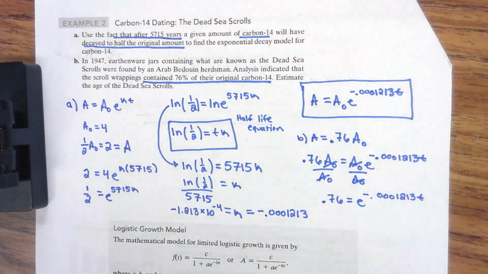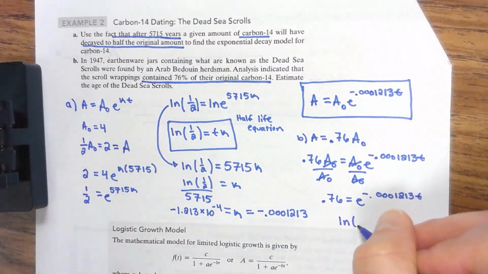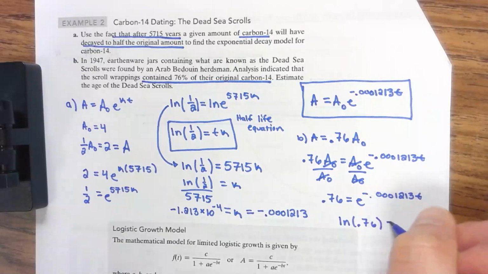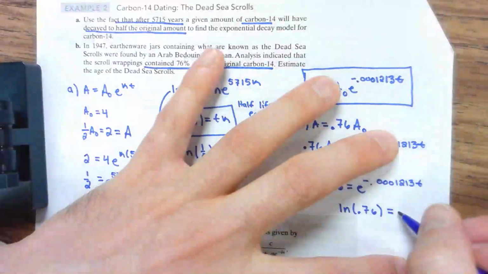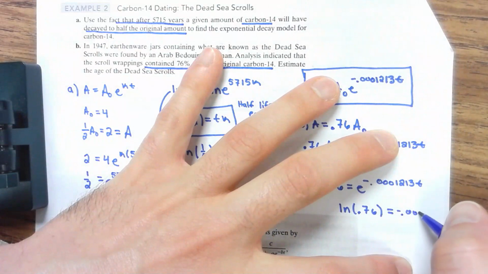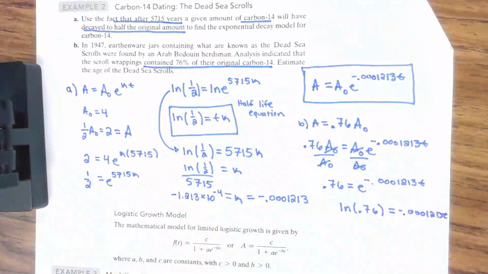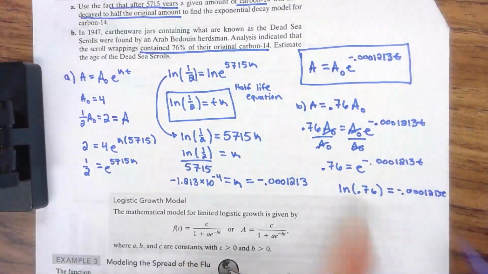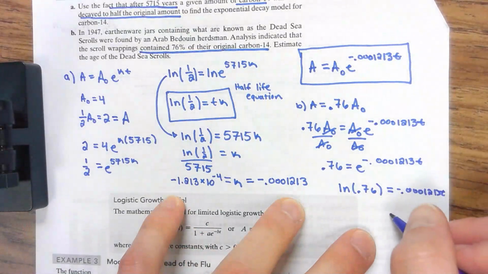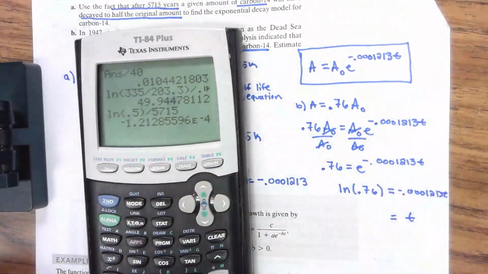And this is where we'll take the natural log of both sides. So natural log of 0.76 equals, natural log of e is just 1. And so we're left with negative 0.0001213t. And so our value of t happens after I divide natural log of 0.76 by that amount. I'm just going to plug that into the calculator. So natural log of 0.76